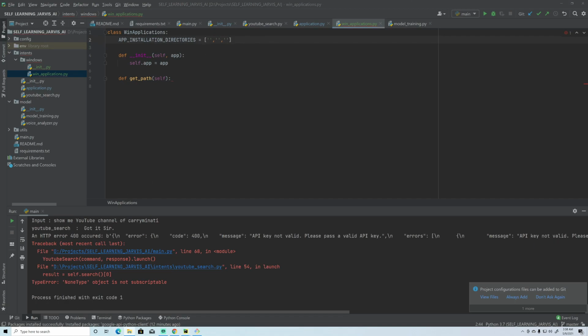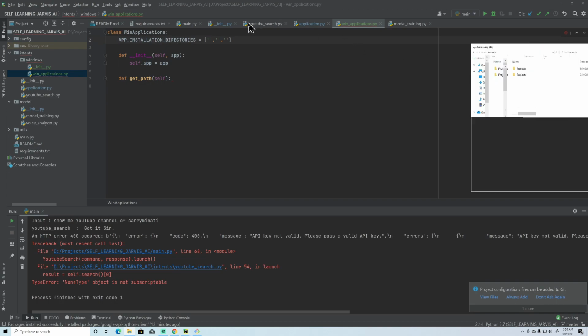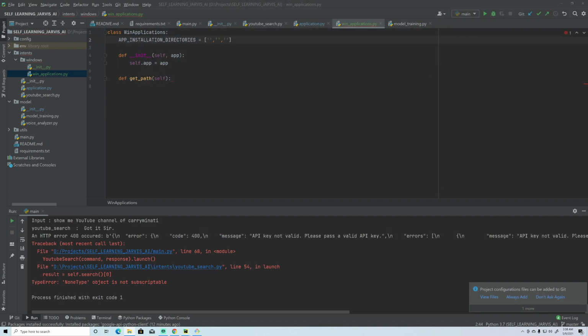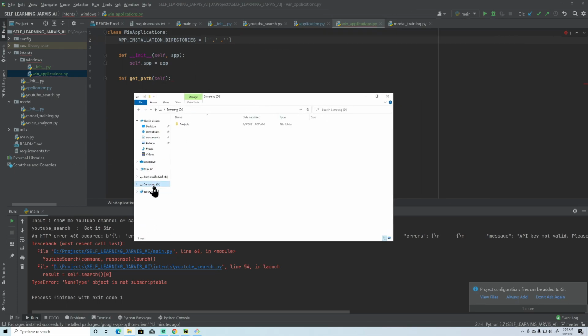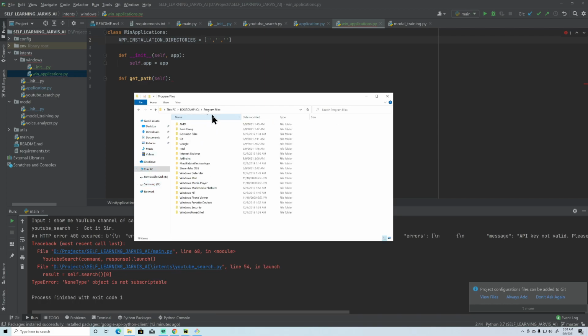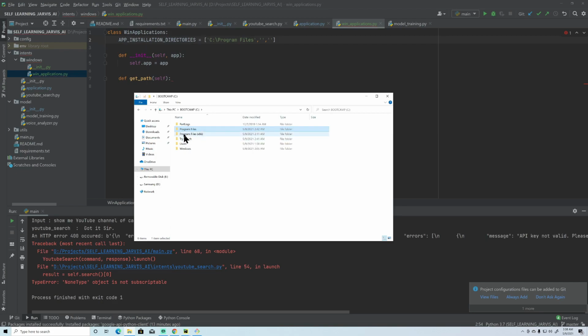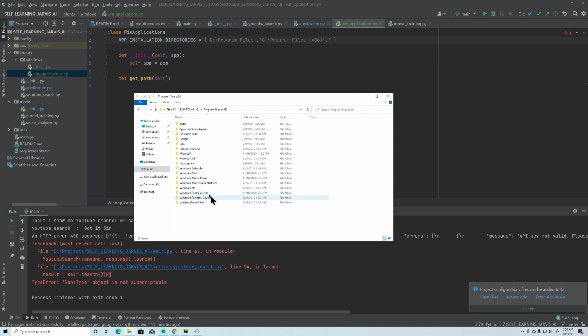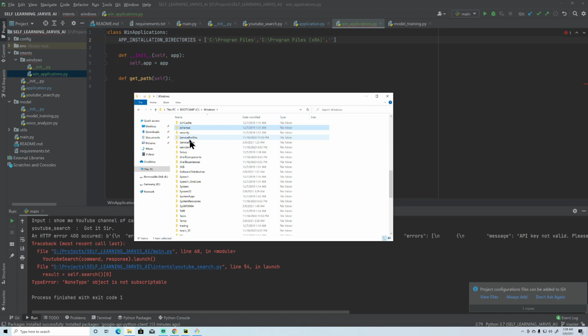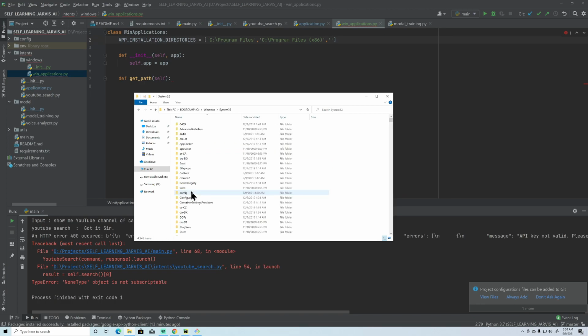So first, just go to the C drive, copy this, paste it here. Then again go for this, copy this, paste it here. Then go for this Windows, and then System32. Where is it? Yeah, here we have it.